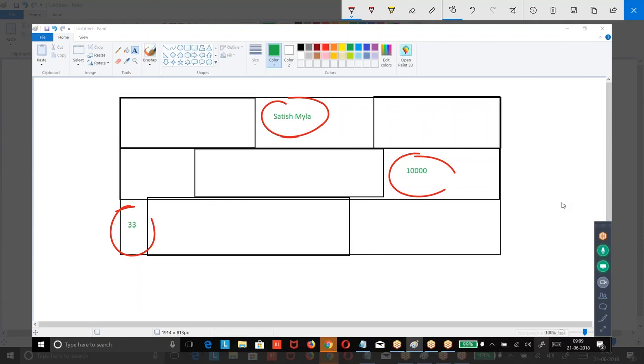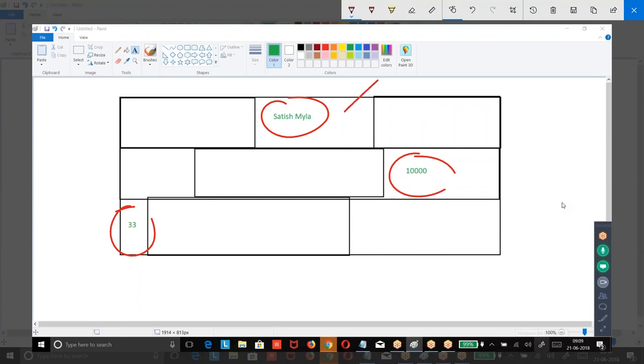Tomorrow, if I want to retrieve this data, how will you retrieve? I stored the data, very good. Tomorrow, I want to refer to the data. How will you refer to that? Do you know where the data is stored? It is a memory. I cannot open my RAM and see where the data is. How do you identify your data? I stored my data in the memory, but how will you refer to the data?